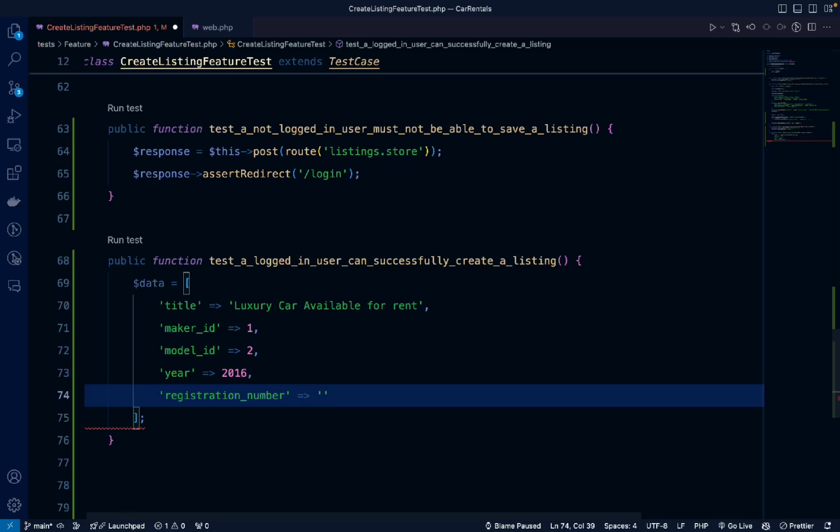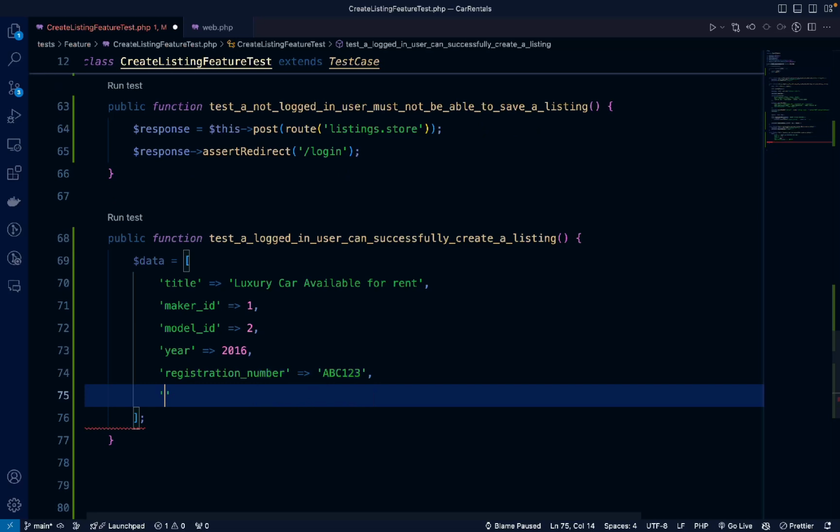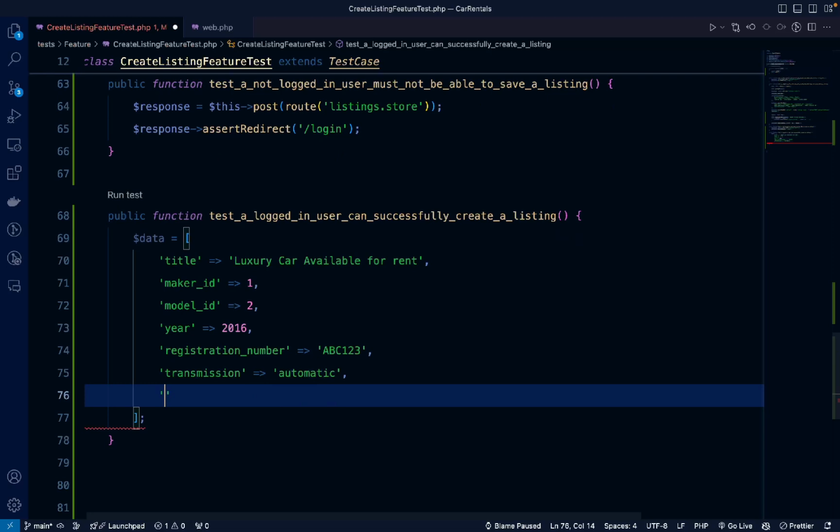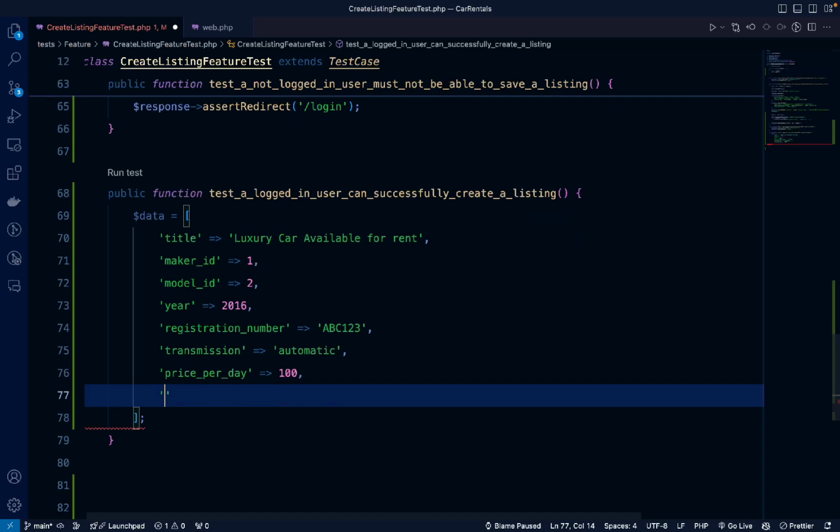Let's set this to ABC123, and the transmission, so let's do automatic, and price per day, let's say 100, and the phone number 123456789,